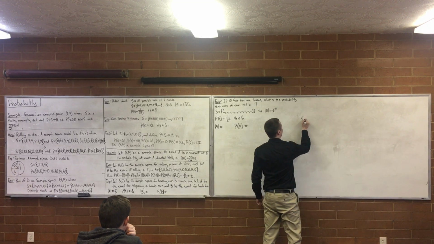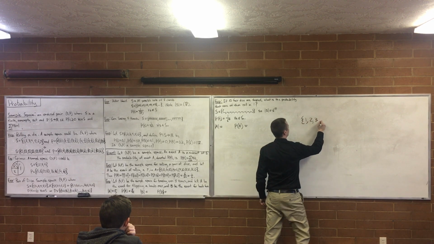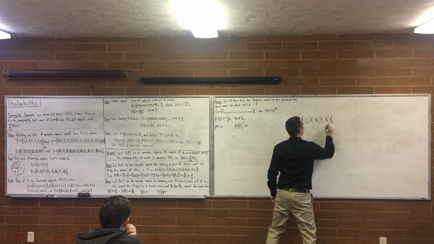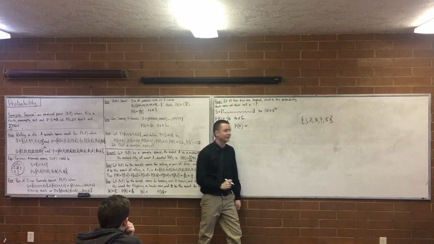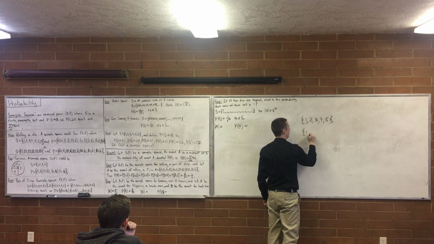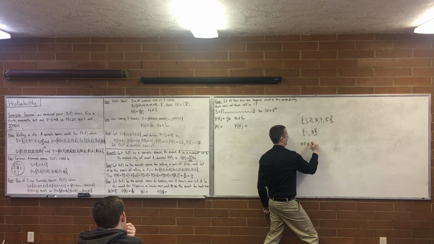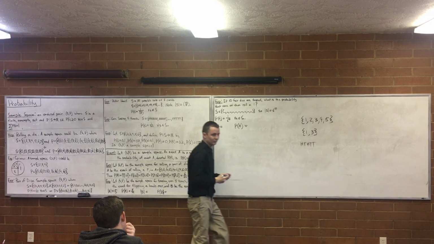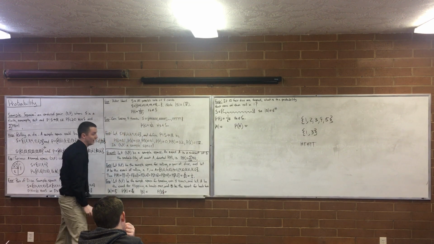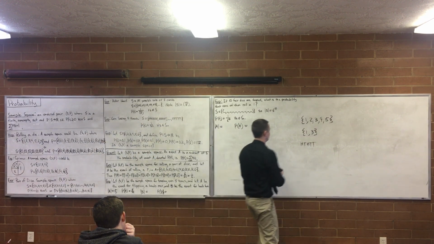So you think about it as your set is 1, 2, 3, 4, 5. And now you're going to choose 2 of those to put heads in. So you might choose 1, 3. Well, that corresponds to the choice of heads, tails, heads, tails, tails. So yeah, the answer is 5 choose 2.